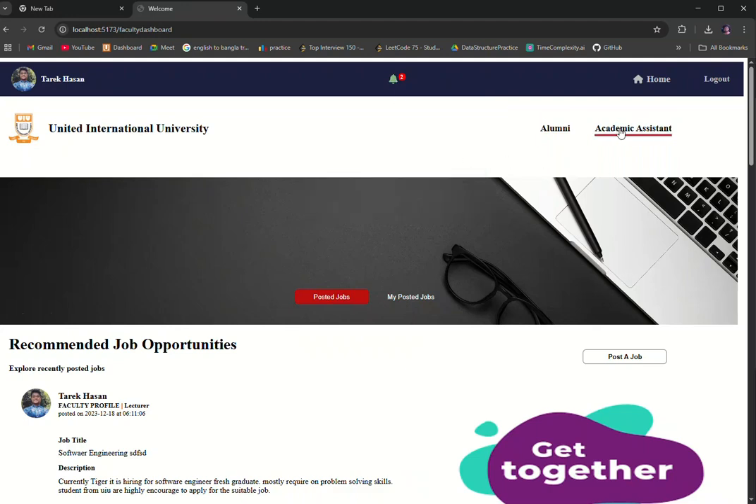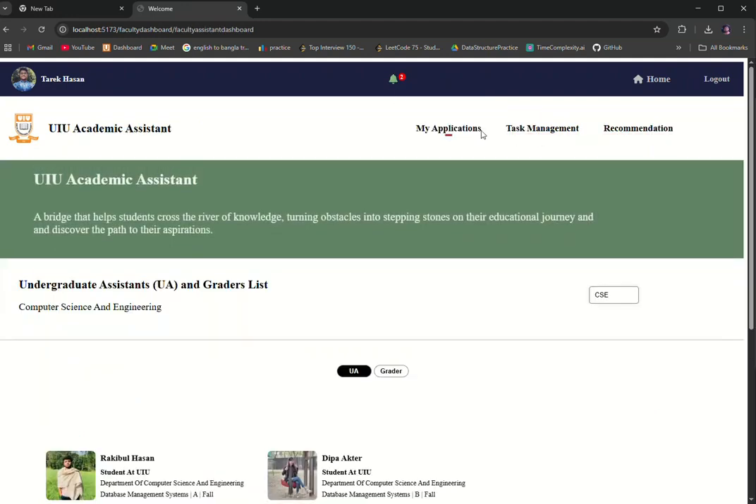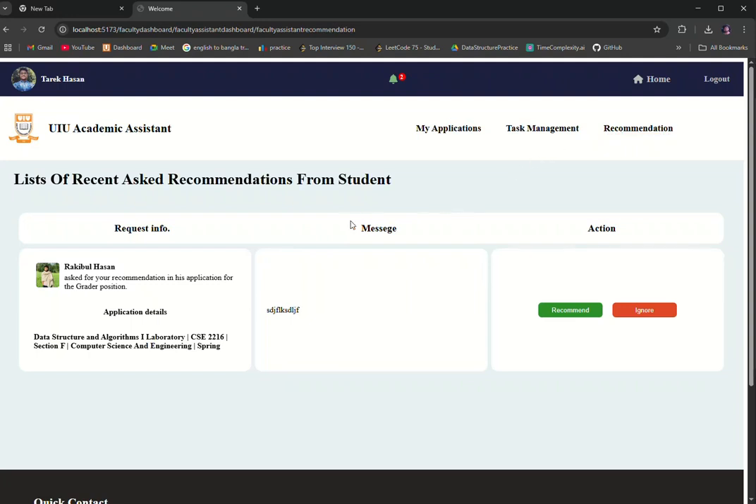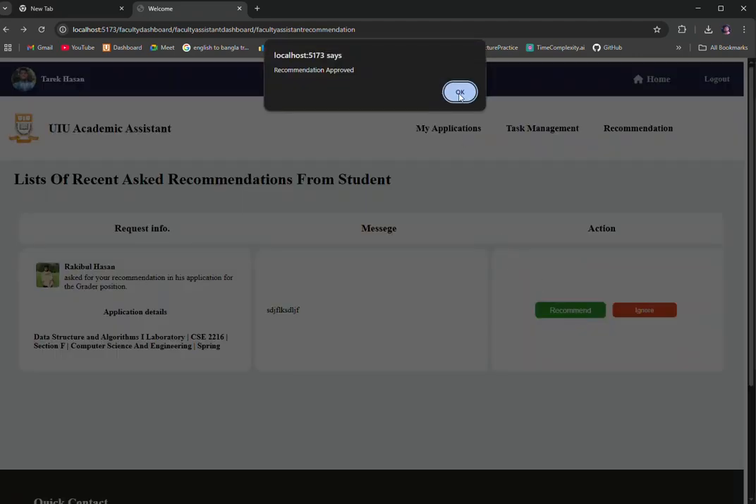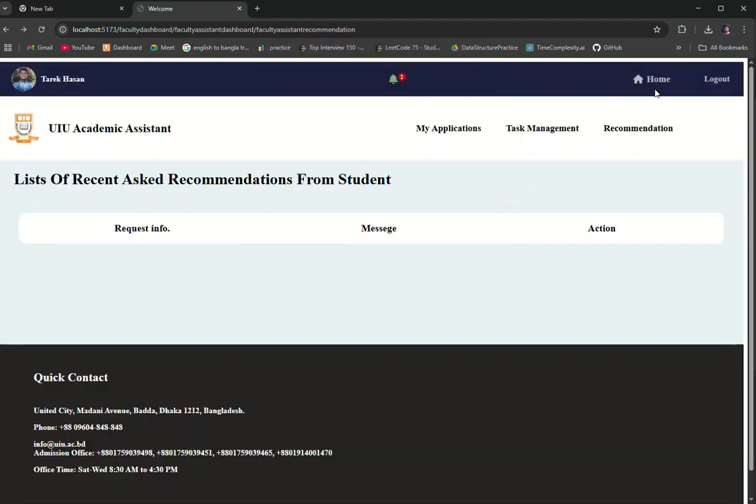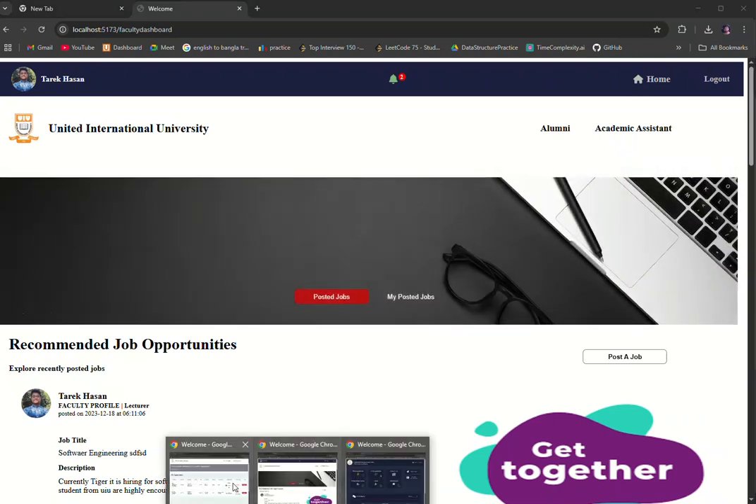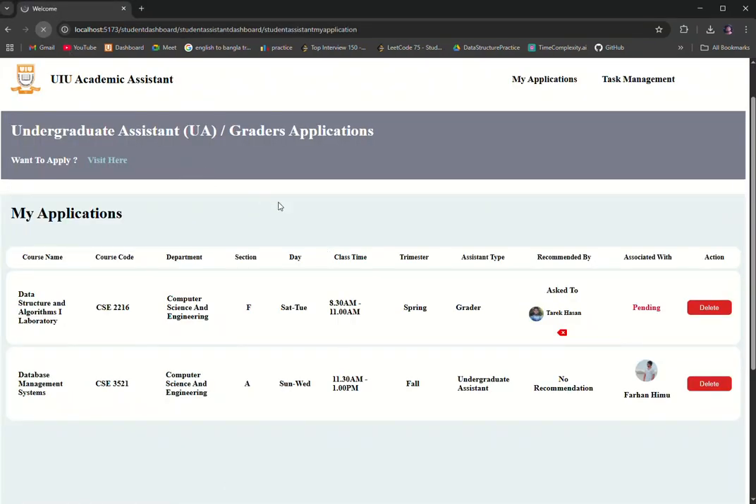So if I go to the academic assistant and the recommendation section, we can see that a student has asked for a recommendation for this course, and a teacher can visit the student profile, come back and message. So let's recommend this student to become an undergraduate assistant. So I have been recommended. If I go to the student page and refresh, we can see that it says recommended by Tarek Hassan,